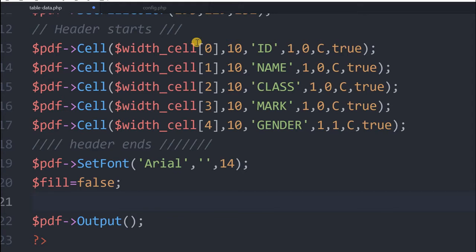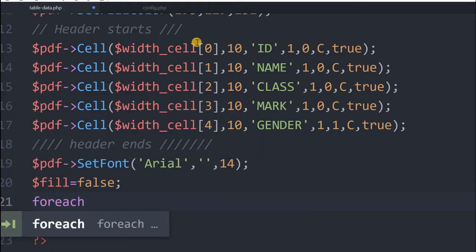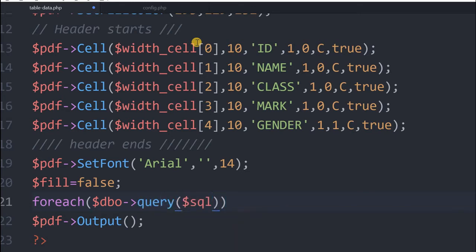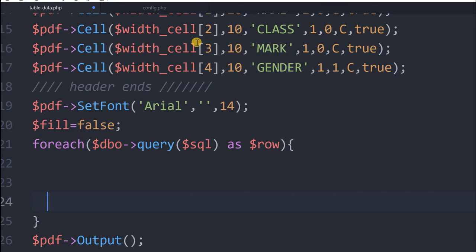Now let's go and execute it. For each DBO query, now execute the query. The query is the SQL we have written at the top, as row. So now I am inside it.